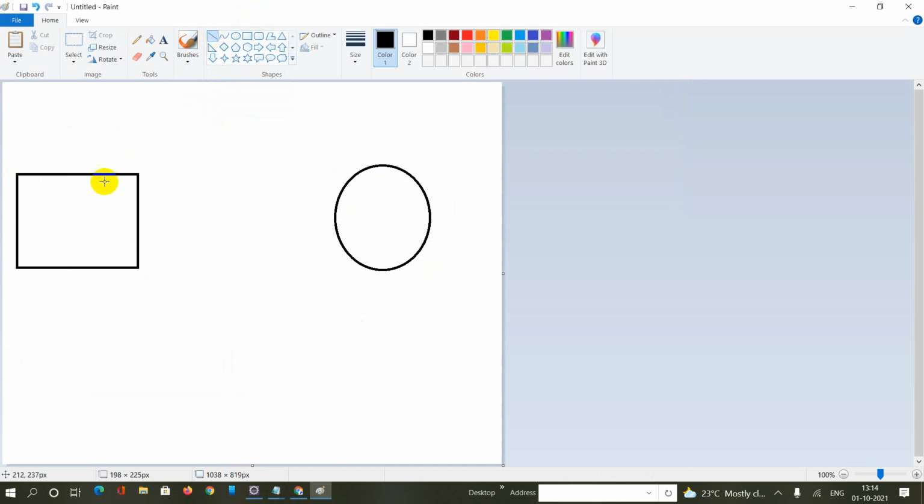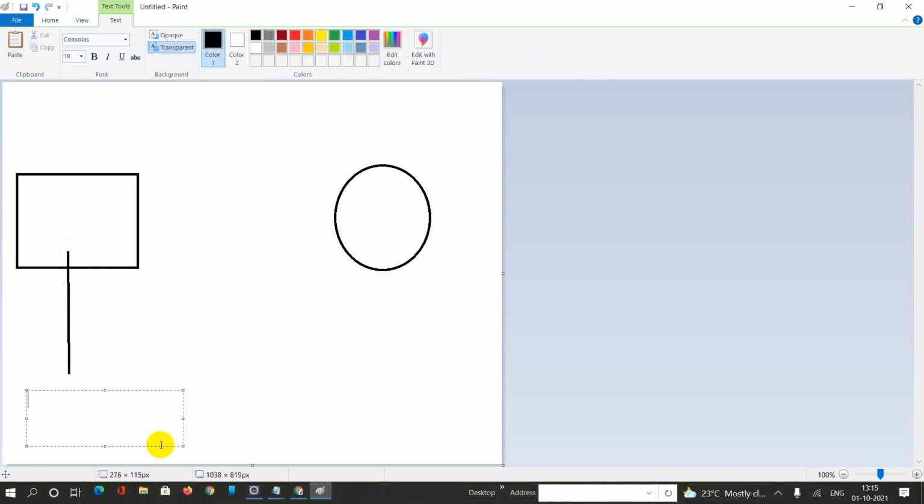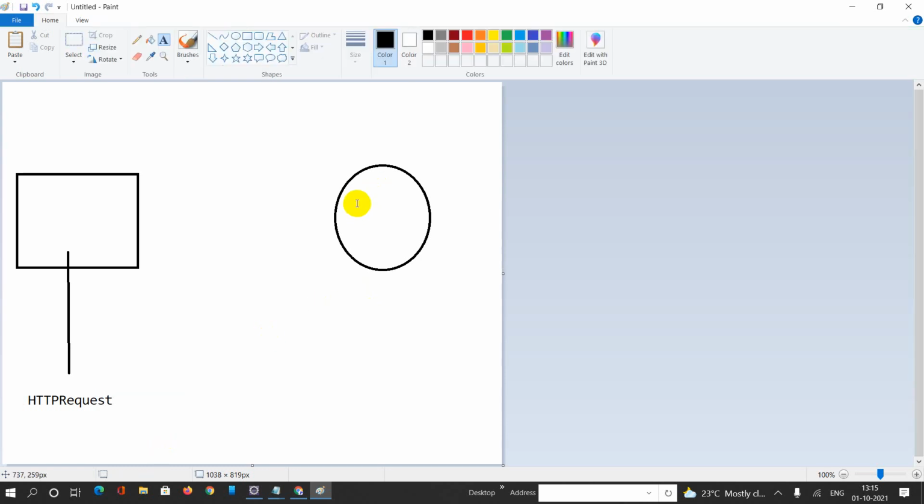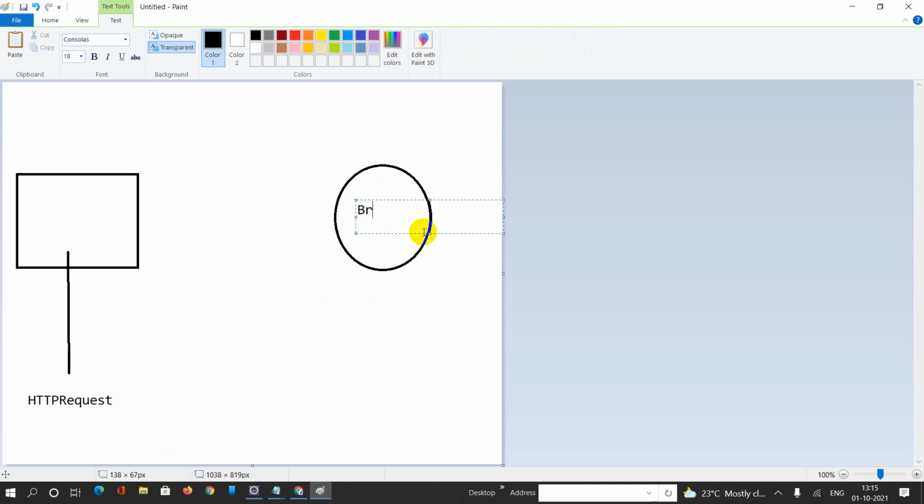When a user writes WebDriver code in Selenium and executes it, an HTTP request is generated and goes to the respective browser driver. It could be either Chrome, IE or Firefox. So this is my HTTP request, and this is my browser driver.